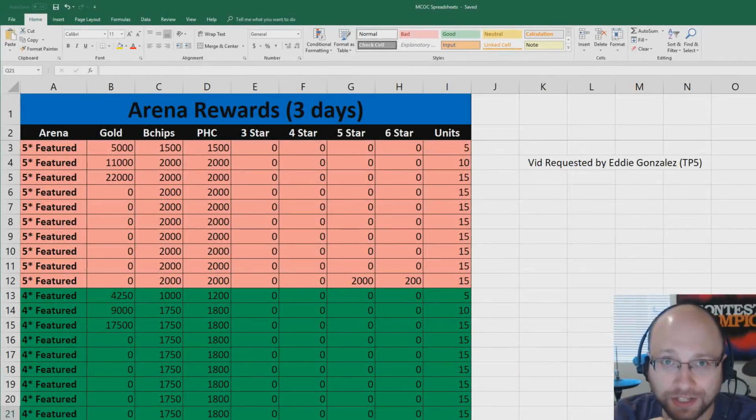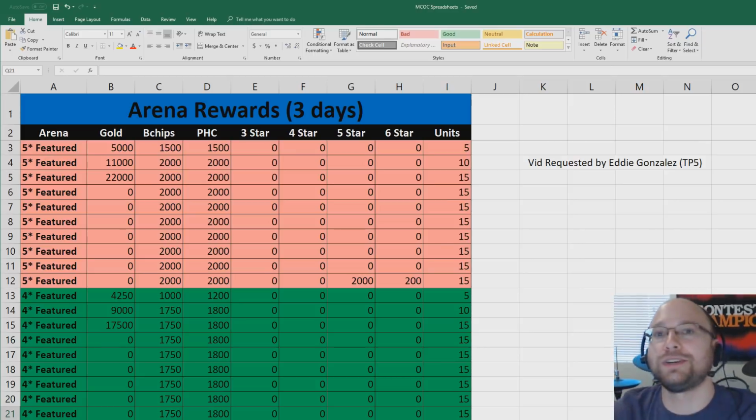30 is a magic number when it comes to Arena. 30 what? Well, 30 champions that you could put in any of these standard 5 arenas. It's a magic number when it comes to farming the milestones. And I'm going to explain exactly why it's a magic number in just a moment, but first we need to